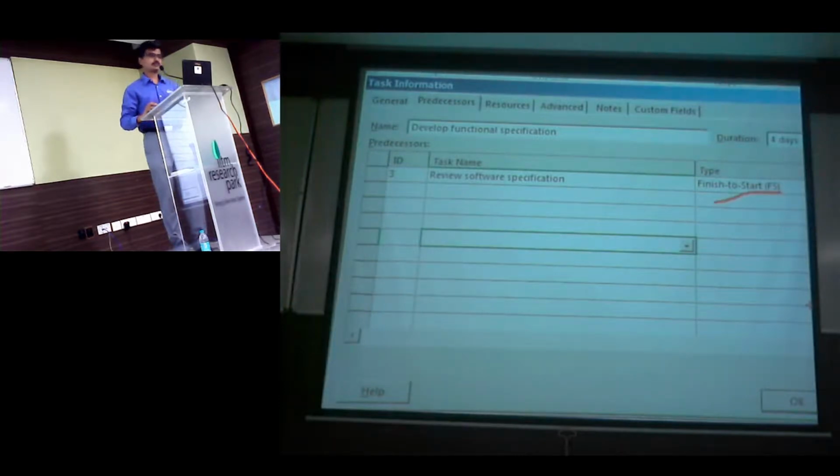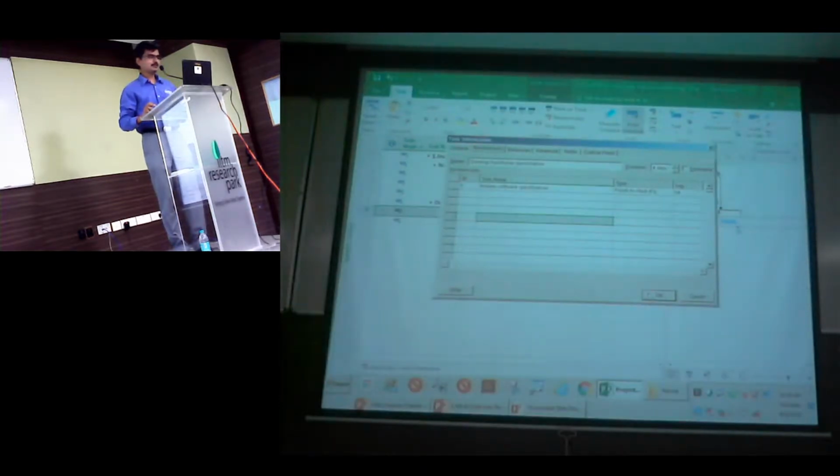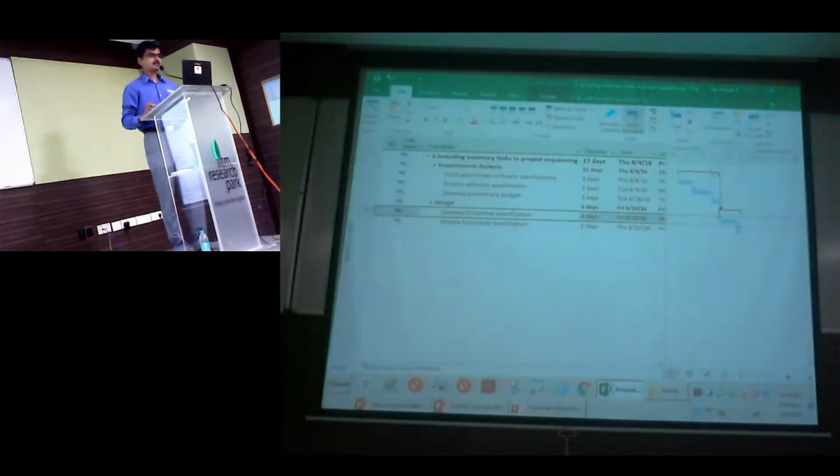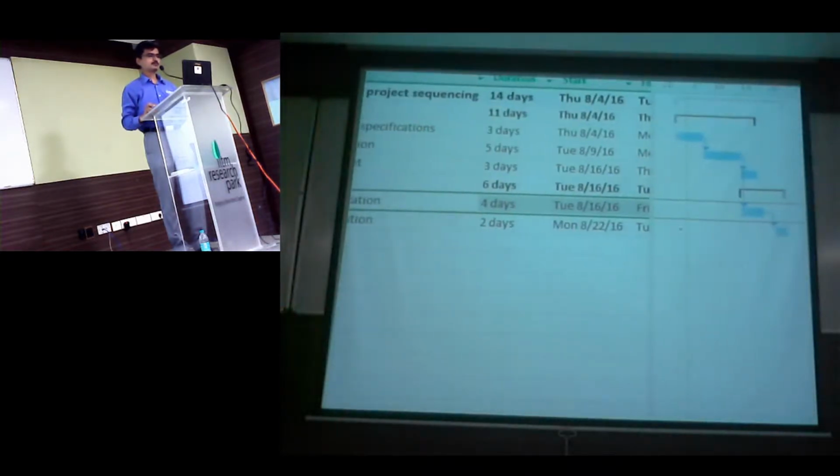That's what has been said. So though this dependency has been set, you will still notice that at a summary level, since I have linked it, that is always overriding what has been set at a leaf level. Now the solution to this is you should not have links at a summary level. So I'm just going to break this link and let's see what we get. What do you notice now?